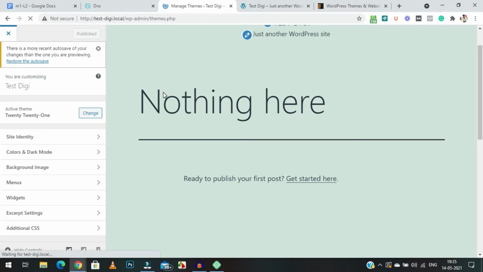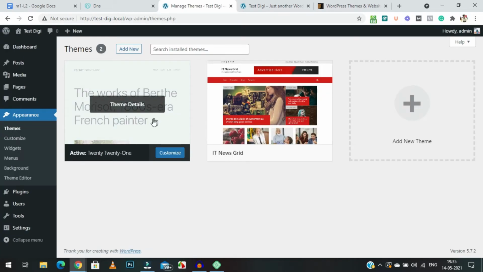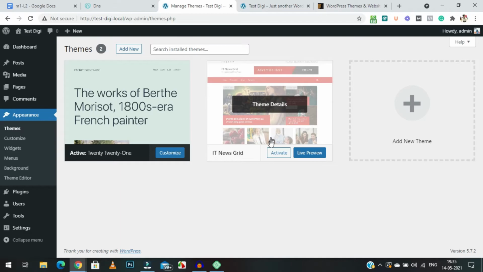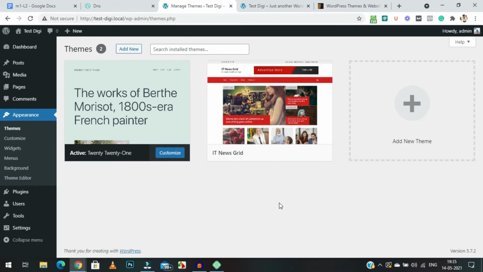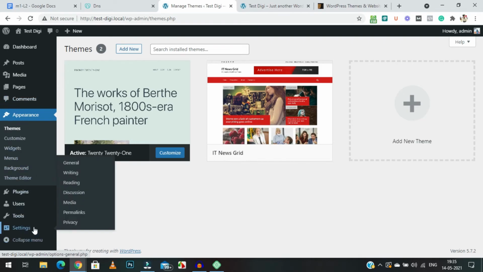but I would recommend going for a theme which is much more eye-catching, because ultimately what you want is for your users to spend more time on your website. The more eye-catching and attractive your theme is, the more attractive your website will be, and the user will spend more time on your website. So you need to use high quality pictures, high quality graphics, high quality colors for your website in order to attract the user. So right, these are some things, and there are some settings which you need to do.